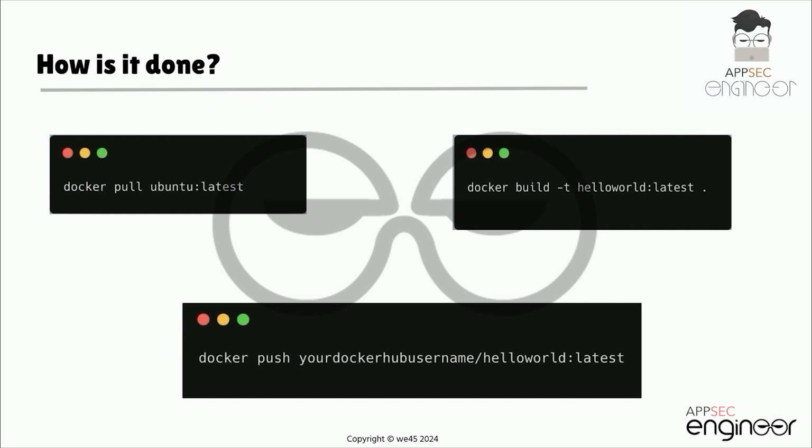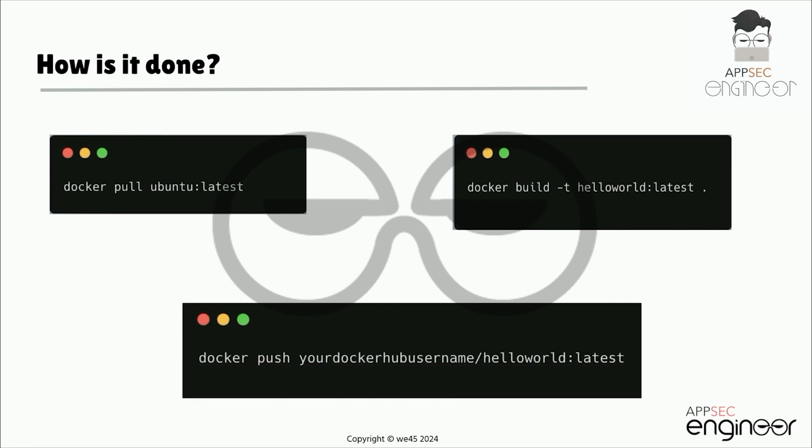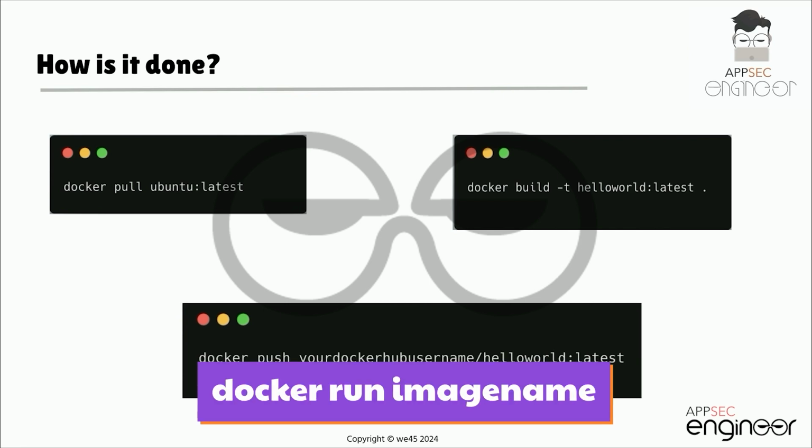So how is it done is, there are a lot of containerized versions of applications readily available for us today. Most organizations have their products containerized in the public Docker registry called Docker Hub. For example, you can find images of most common operating systems, databases, and any other services. You name them, you find them. So as I mentioned, bringing up the application stack is as easy as running the docker run command with the name of the image. If you just say docker run so and so image, you can start running the image.